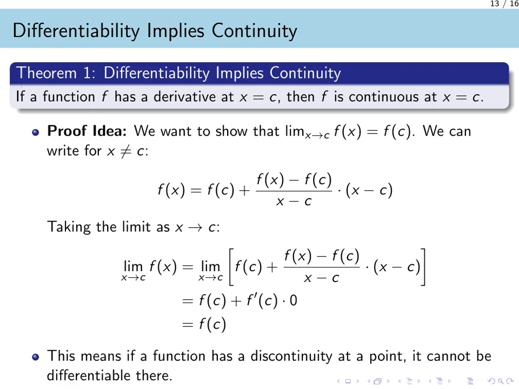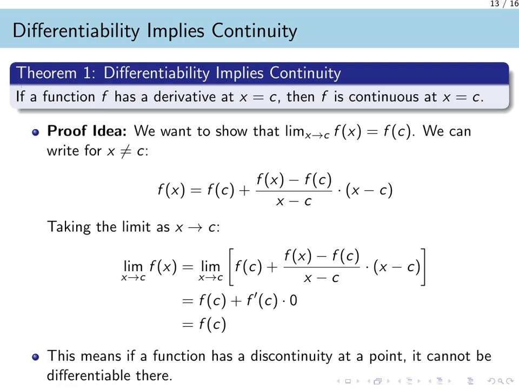Now when we take the limit as x approaches c, that fraction becomes the definition of the derivative, f prime of c. At the same time, the quantity x minus c goes to 0. Since the derivative f prime of c is a finite number, its product with 0 is just 0. This leaves us with the result that the limit of f of x is simply f of c,